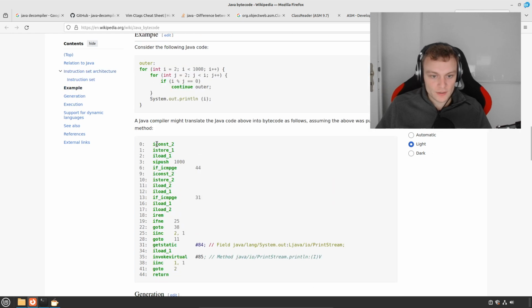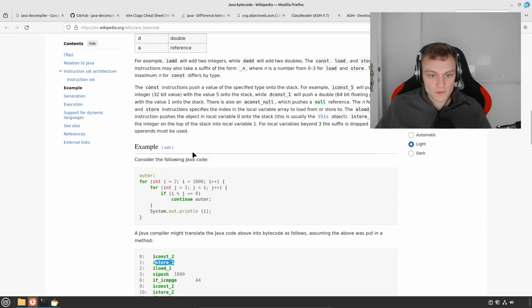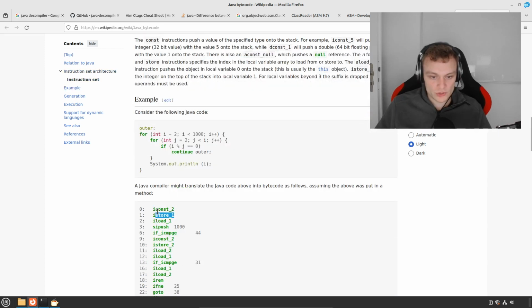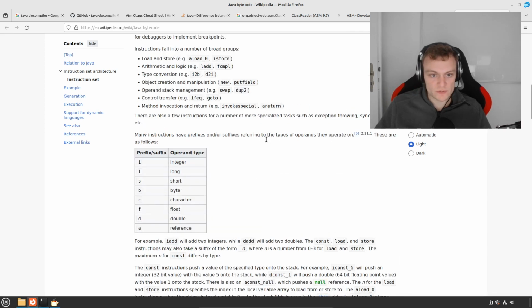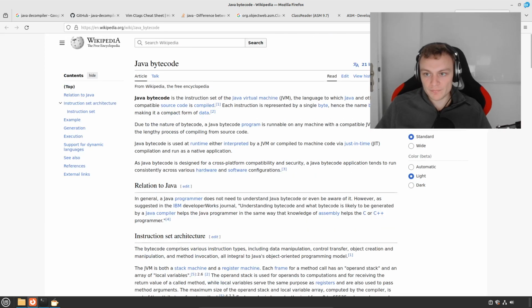Yeah. And this will push an integer with the value 2 onto the stack. What's the difference between push onto the stack and store? Stores the integer on top of the stack into local variable 1. Yeah, but push and store, there must be a difference. Anyways,